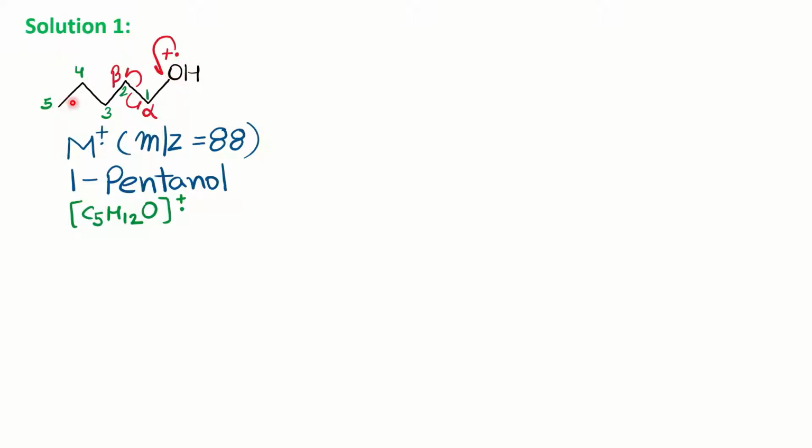So whenever you have a molecule with a heteroatom present on it, you always form the radical cation on it. Okay. So you can see the molecular ion we represent by M plus radical, and it's m/z. Since the mass spectrum plots the spectrum with respect to mass to charge ratio, z is the charge. If you calculate the mass of this 1-pentanol, that is C5H12O, it is 88. Since the molecular ion peak will be very weak or negligible, this peak will be very negligible. Now we come to the fragmentation.